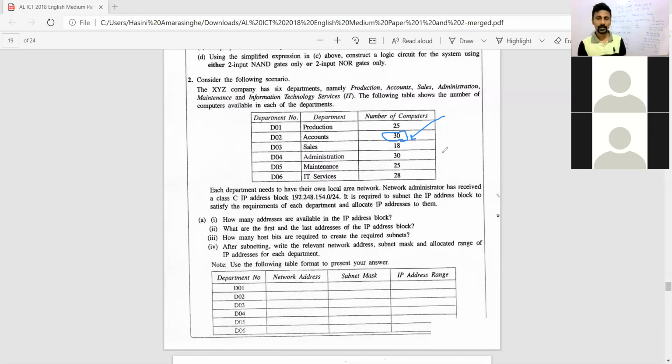ඒක තමයි මුලින්ම හොයාගන්න. ඒක හොයාගත්තට පස්සේ අනිත් ඒවා හොයන්න පුළුවන්. And the other thing is, if you can get the difference. පළවෙනි එකේ network address and broadcast address, after finding them, you can find out the difference. එතකොට difference එක add කරගෙන යන්න පුළුවන් අනිත් ඒවා හොයන්න. But there are some other types of question that you can't do like that. Every time you have to find out the difference. ඒ වගේ ඒවා තියෙනවා, but in this question it's easy, right? Okay, so